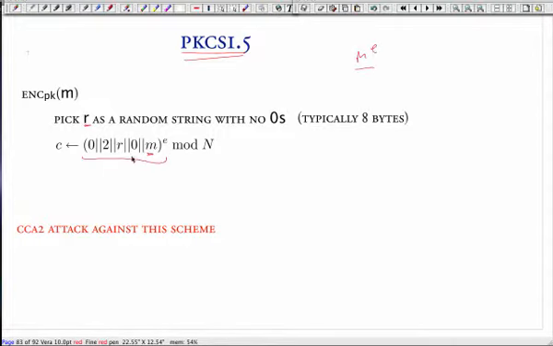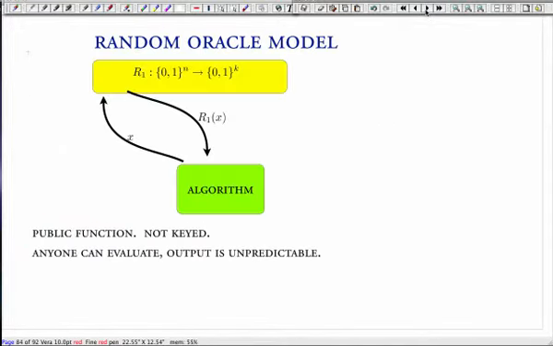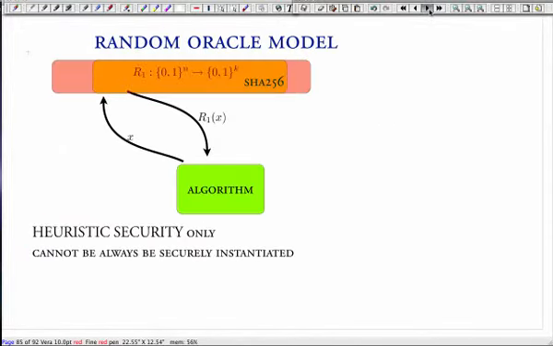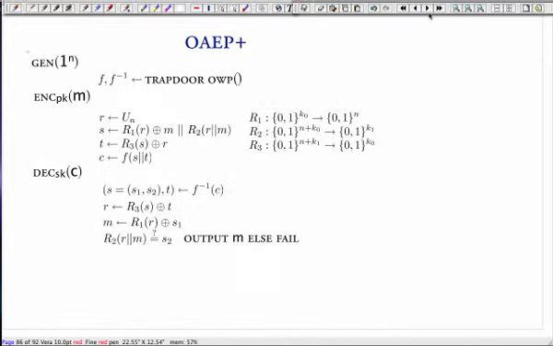Pick some random R that's like 8 bytes, and then put all these bytes right here and then encrypt the message. That scheme was a hack, and it sort of worked, but there was an attack against this one as well, a much more sophisticated attack. And in fact, you needed to do things much more carefully, and this is very close to the right way to do it. In fact, it's the right way to do it, but as you can see, it's more complicated.